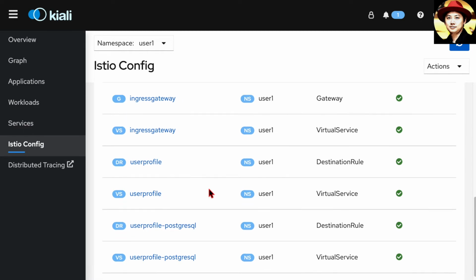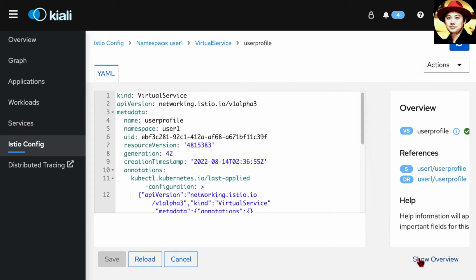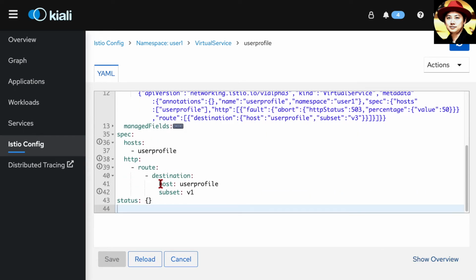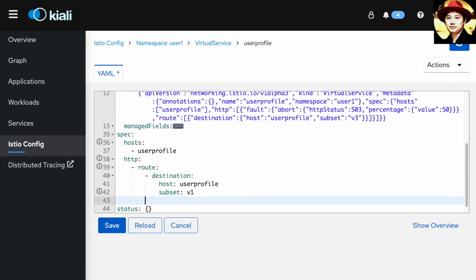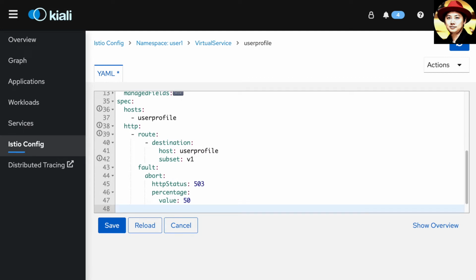We will take the virtual service of user profile. This configuration tells service mesh to inject 503 errors into 50% of the traffic sent to the user profile service.